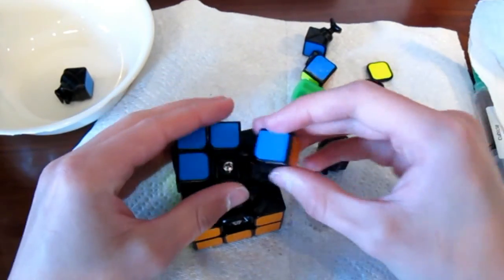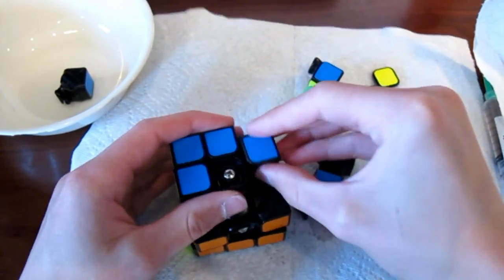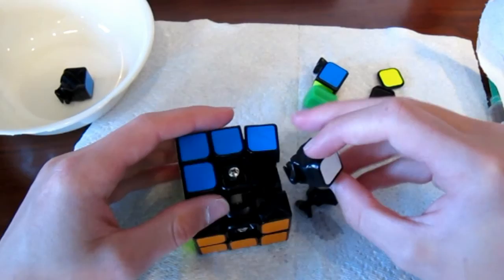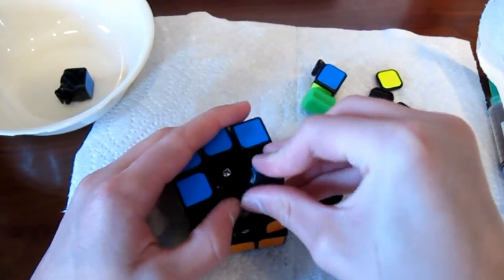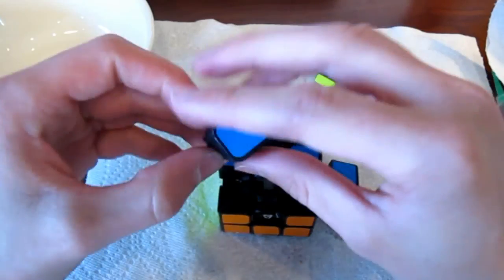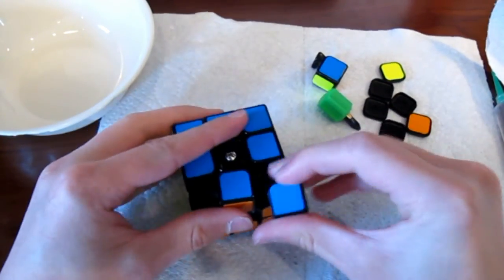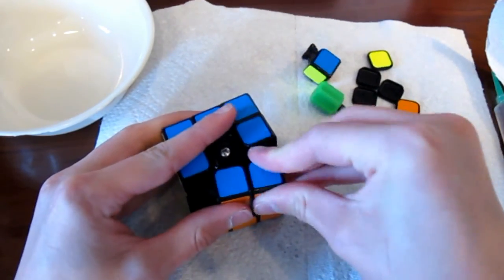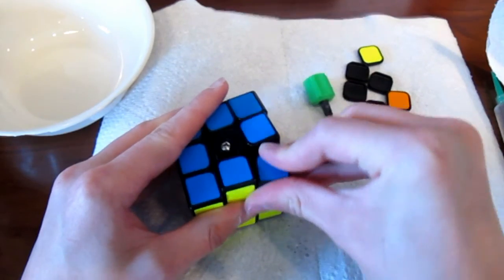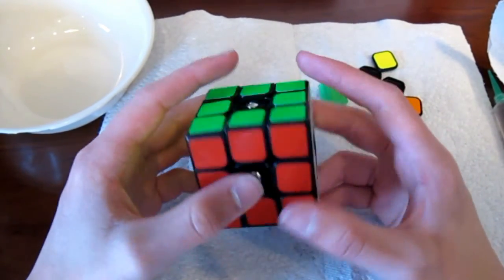See if I can get a... Ooh, I want this one. Put that in place. Then I want this piece. Going to put that in place. This piece. Put that in place. Last corners, just slide it in because the cube's super loose. Normally you finish with the edge piece, but since the cube has not been tensioned yet, it is not a